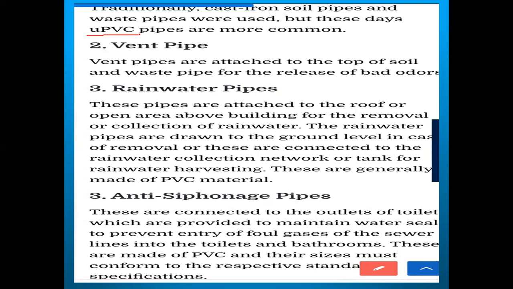So initially, 20-30 years back, for construction of buildings, what type of pipes were we using? We were using cast iron material. Cast iron pipes were used for construction of this vent system or this pipe system, right? So nowadays, because of the cost, because of the manufacturing process, because of the transportation, or because of the